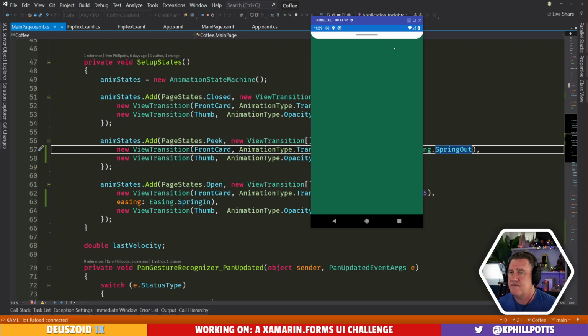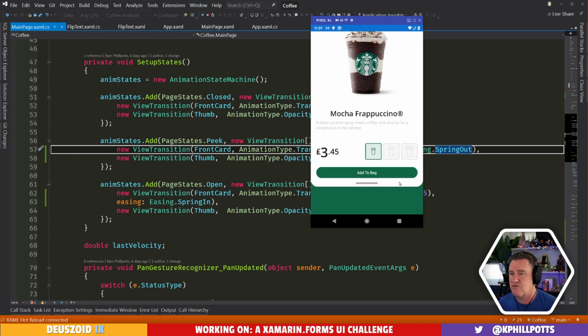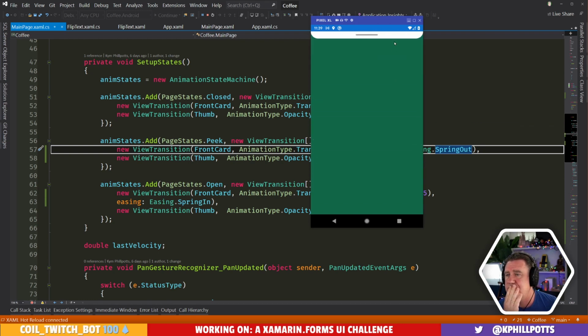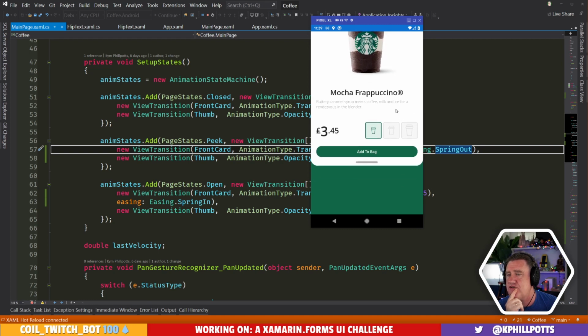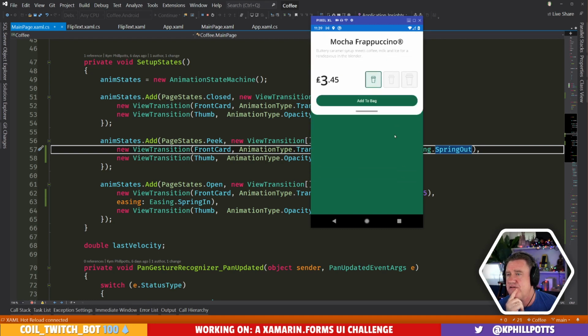And that's not what you're after. That springs in the wrong direction, but you can see if it comes down, it'll overshoot a little bit. I'm not sure if that's what you're after.